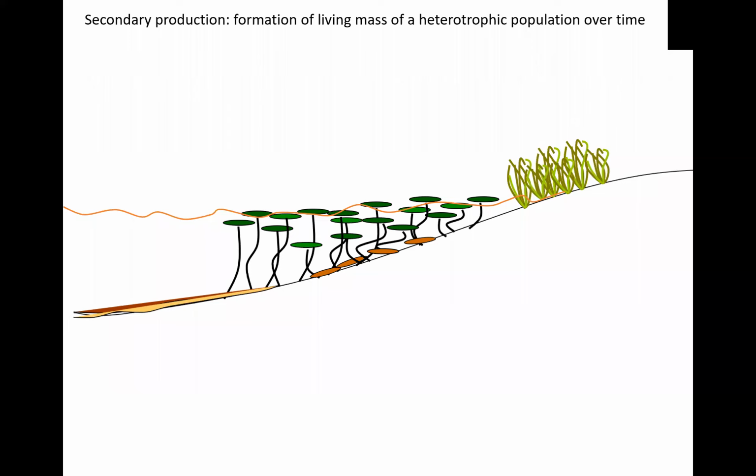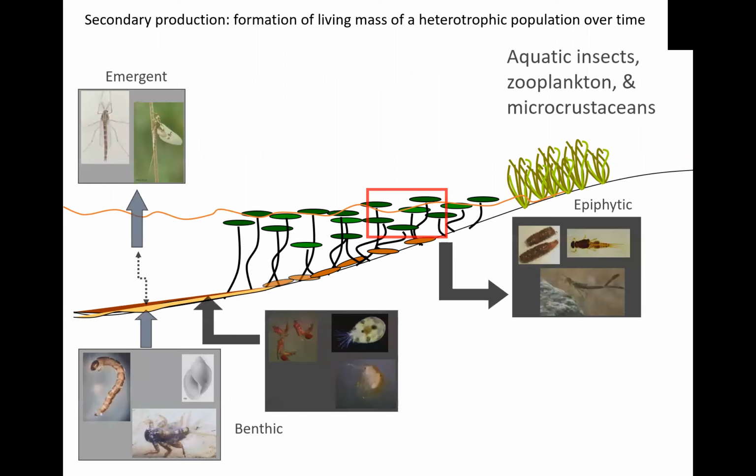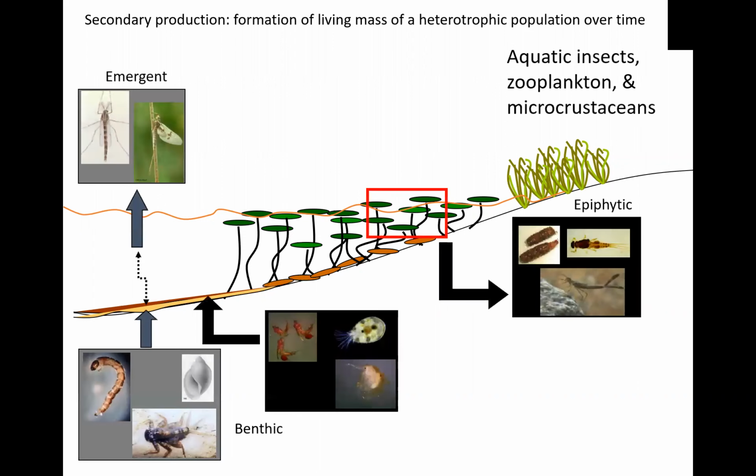Now, while primary production relates to the formation of mass for organisms that make their own food, like plants shown here, secondary production is the formation of living mass by heterotrophs over time, those organisms that do not make their own food. So our research over the years has included measures of secondary production of aquatic invertebrates that includes insects, microcrustaceans,